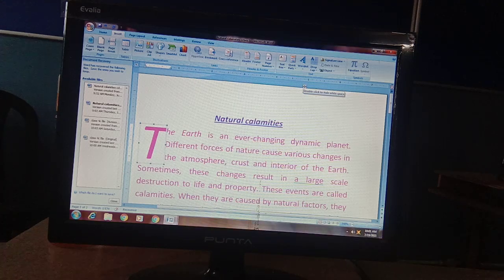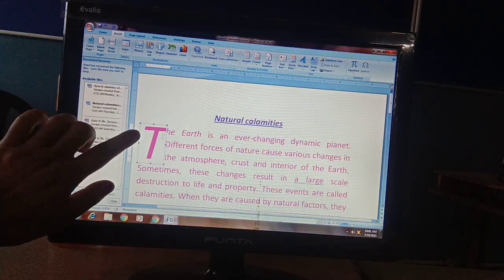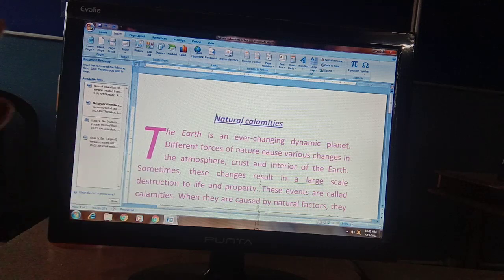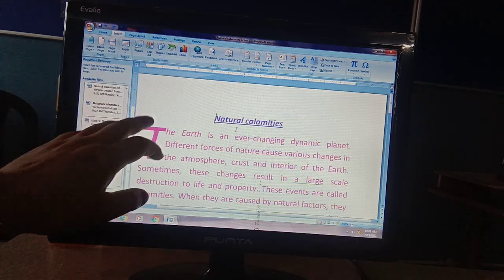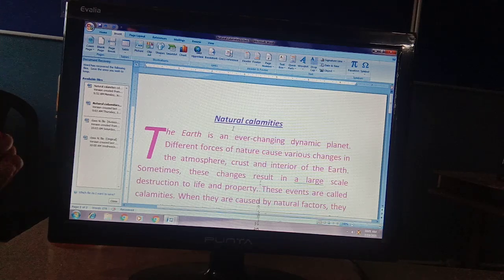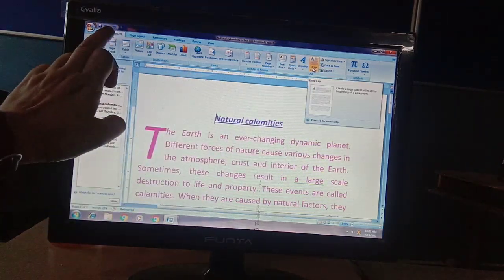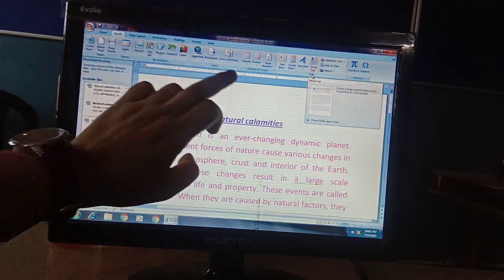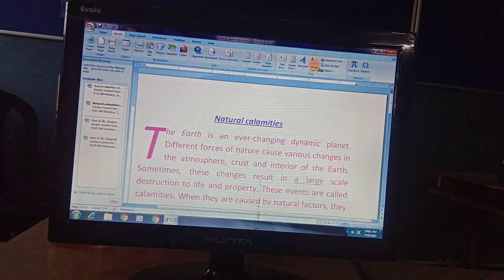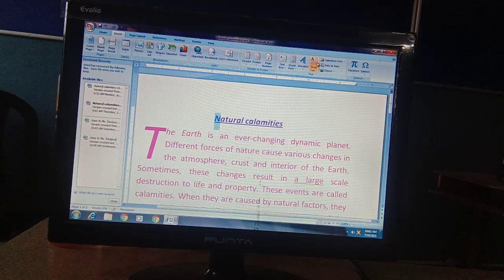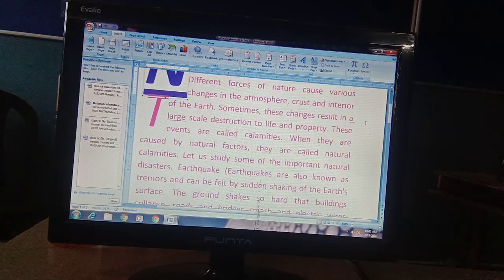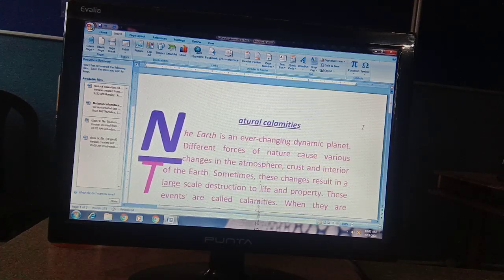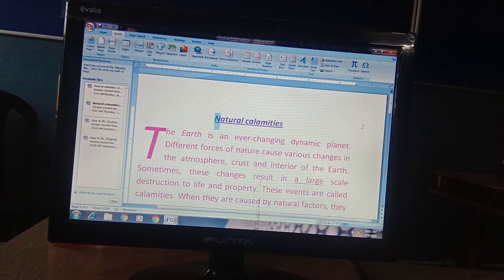This is your drop cap option, by which this T is now displayed like this. You can easily see in many newspapers and in some articles that the first letter comes like this. This is done with the help of the drop cap option present in the Insert tab, in the Text group. For example, I want to do this, so I go to this and choose Dropped. It will drop like this. See, so this is all in drop cap. So this is all on the computer.